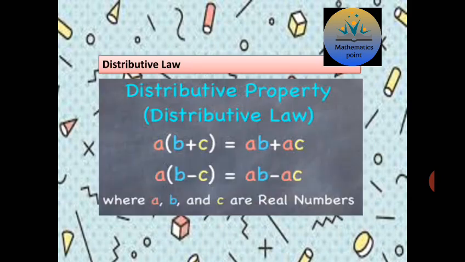Okay, here on the screen is showing the distributive law. Distributive law is what, whenever we have any constant outside the bracket or any term outside the bracket, that term will be multiplied with all the terms that are inside the bracket. Firstly, it will be multiplied with the first term, then the second term, and so on. If we have any number of terms, then the term outside the bracket will be multiplied with all the terms inside the bracket one by one.